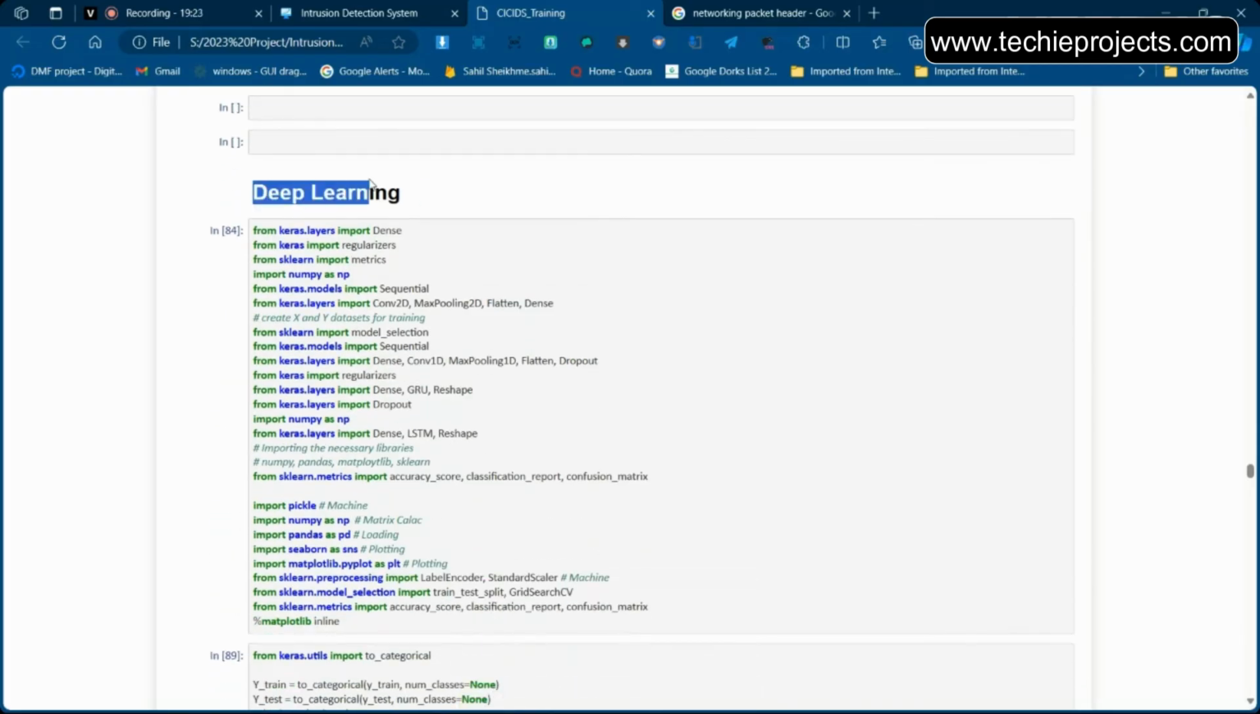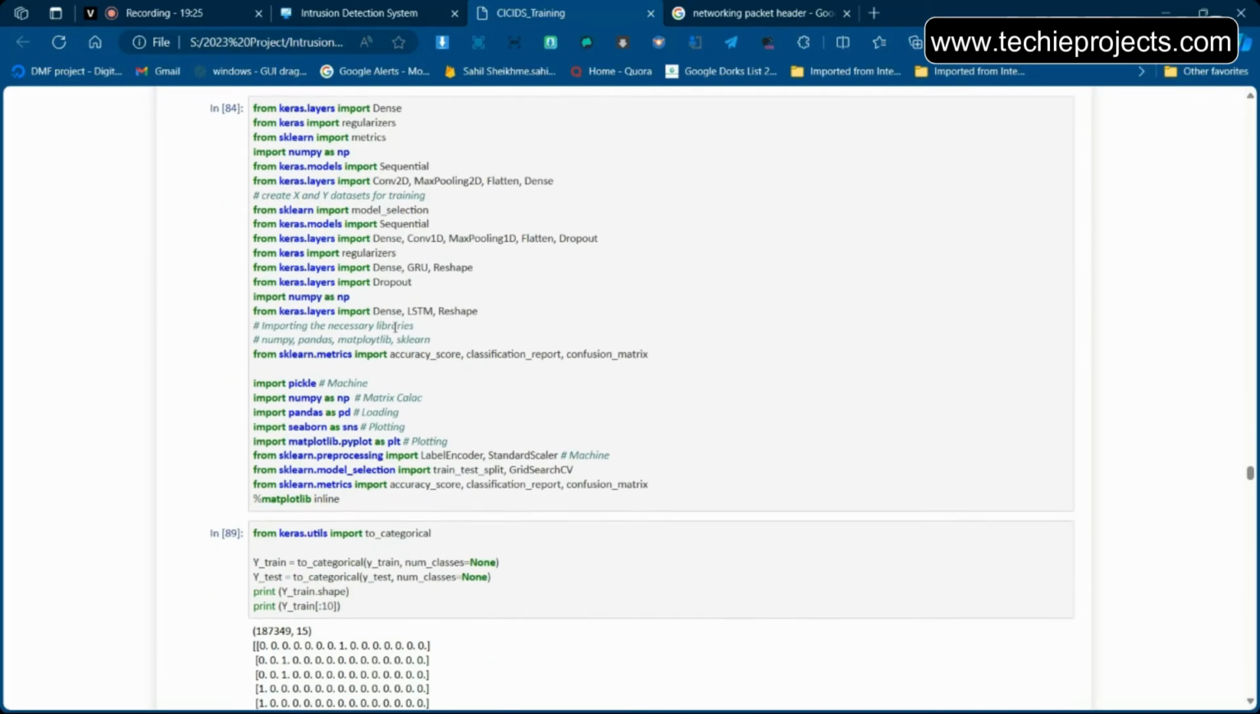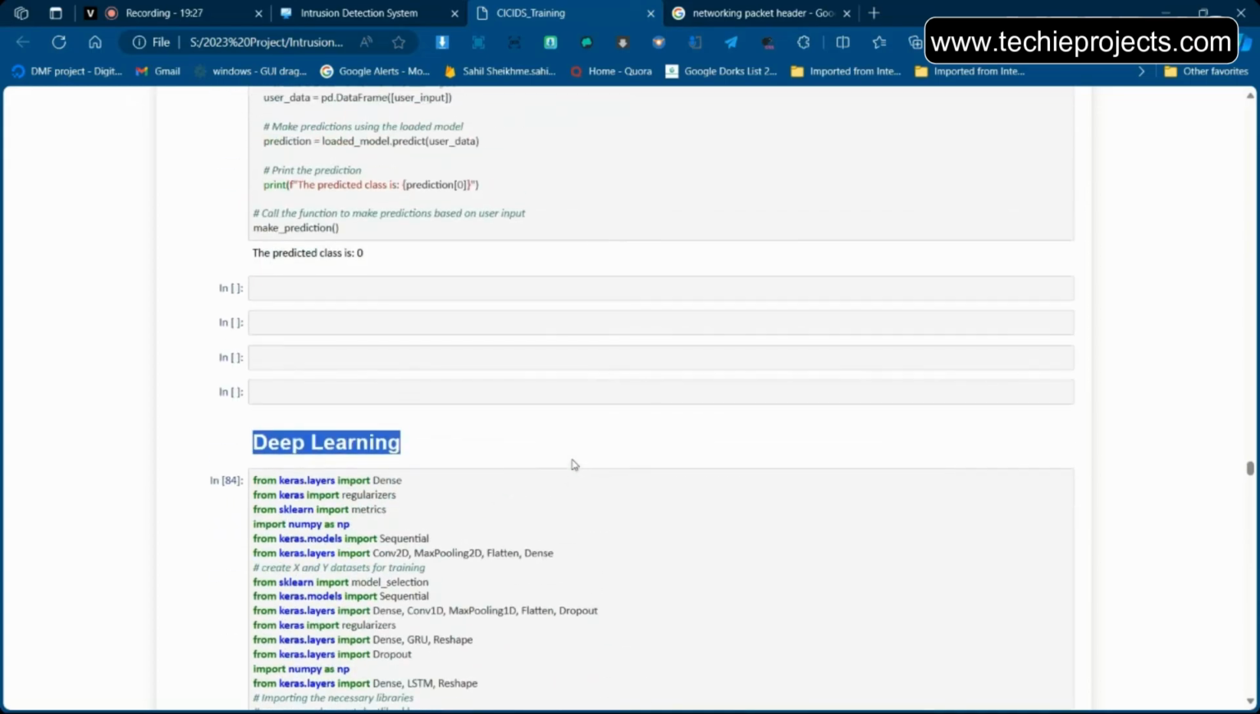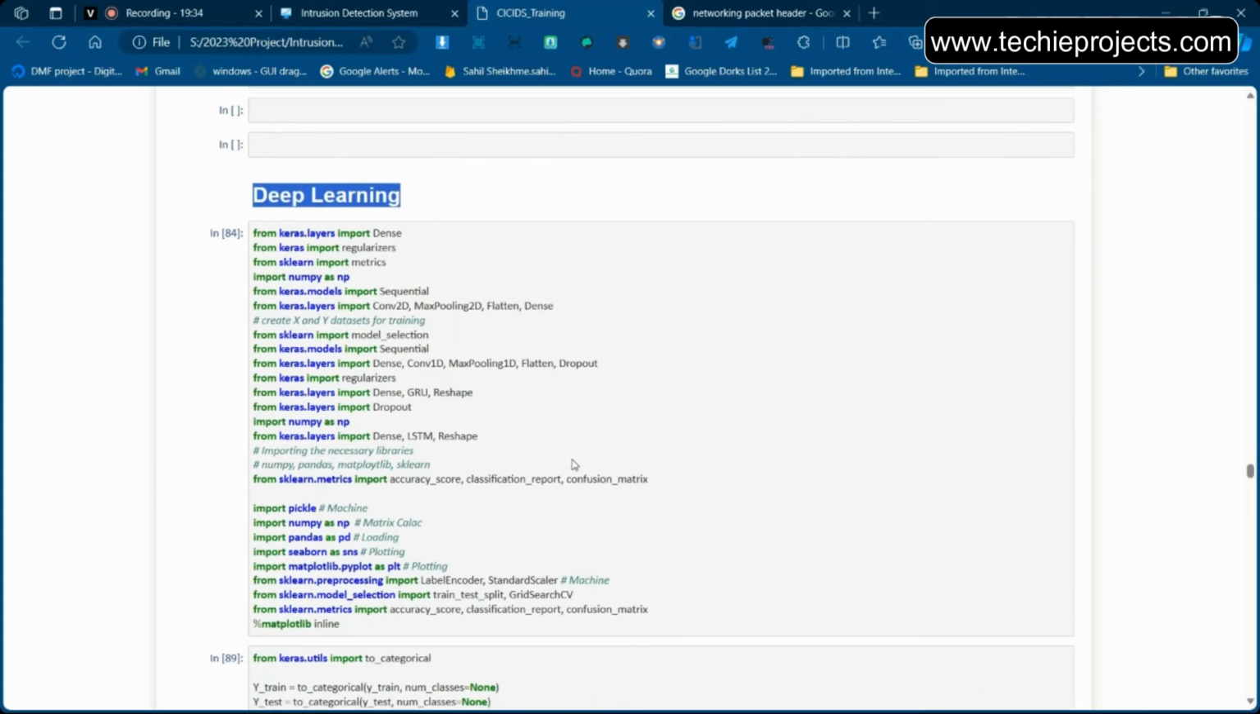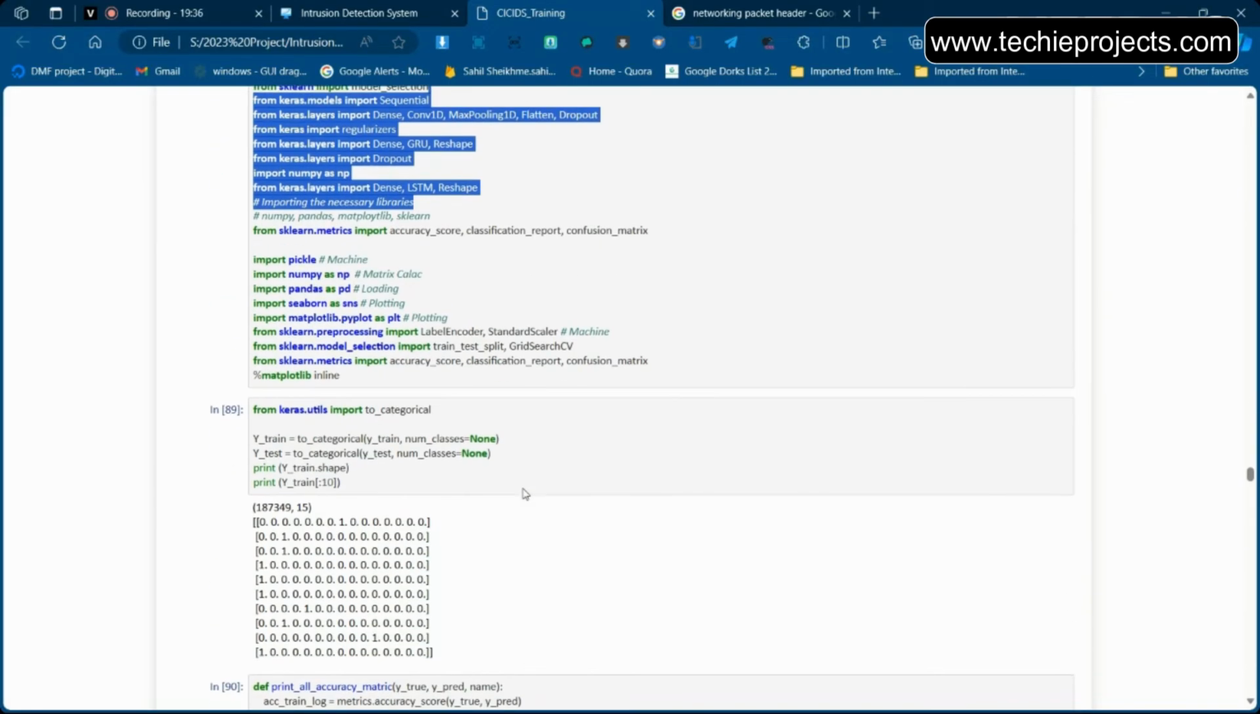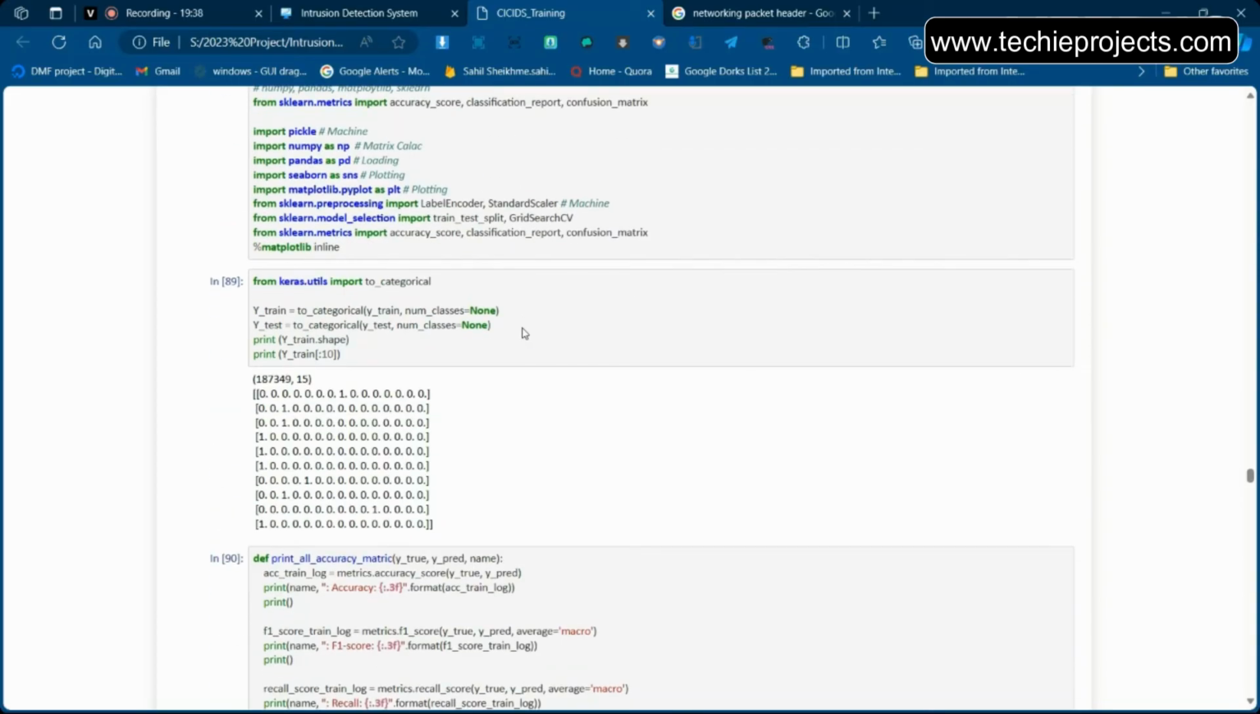And next is the deep learning part. This is also a novelty thing which we have done. Deep learning is generally used for image processing, but for learning purposes you can say we have tried it with this data as well. Keras is the main library for deep learning. First, for training the deep learning algorithm, we have to convert